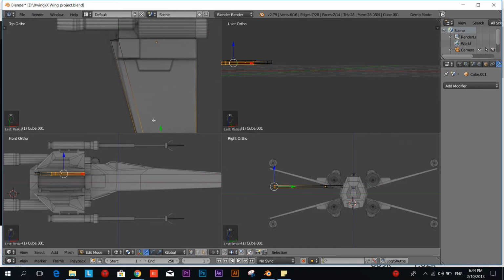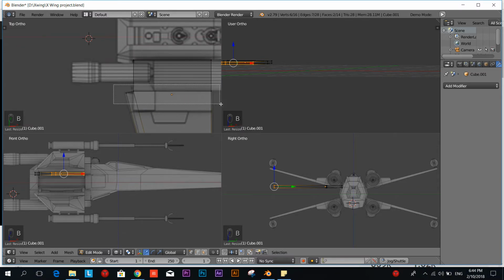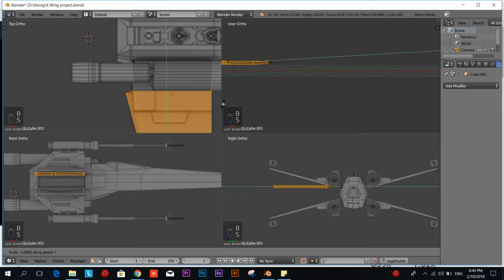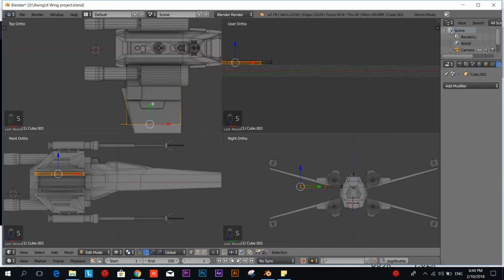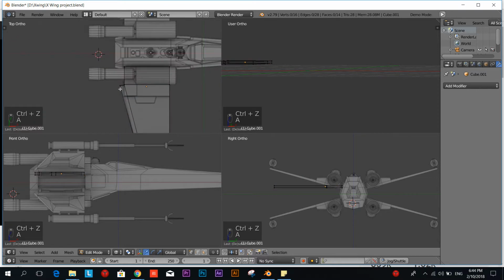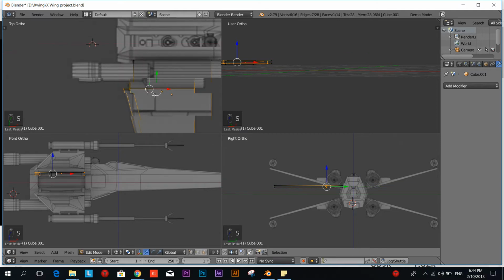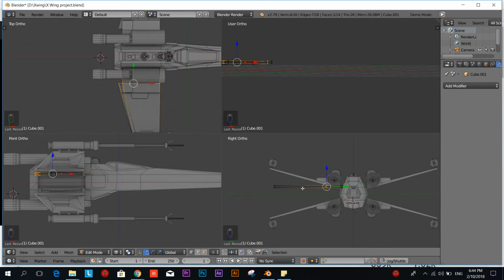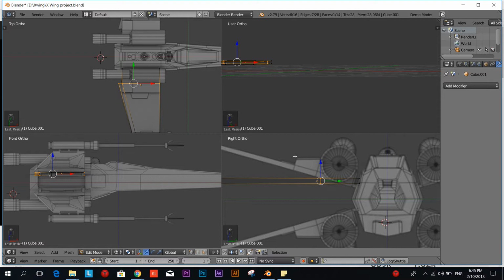And now it's straight. You can do the same here. Scale it on the Y and 0. Oh, whoops. We have to select only this side. So scale it on the Y and 0. Now it's straight. So if we want to do this part over here, we're going to go and add an